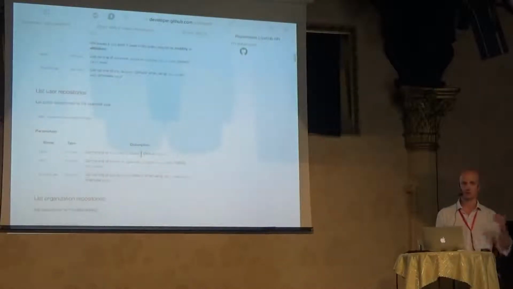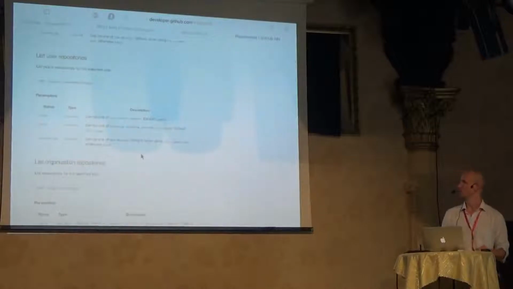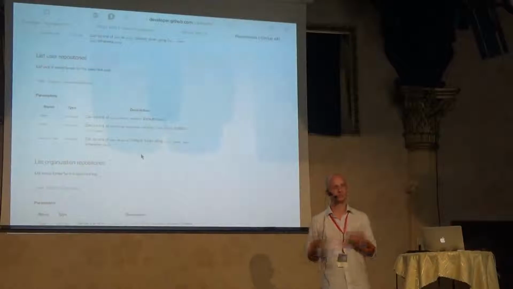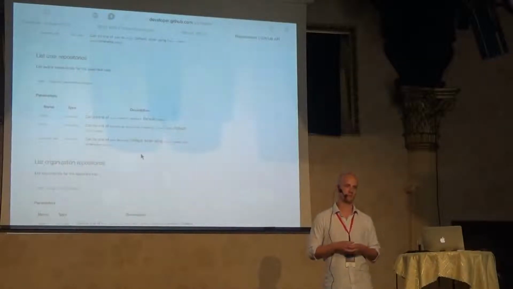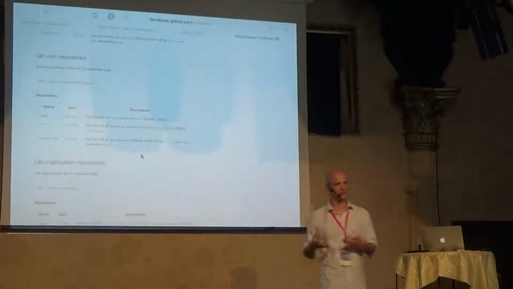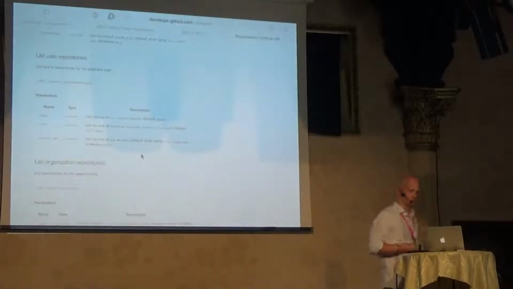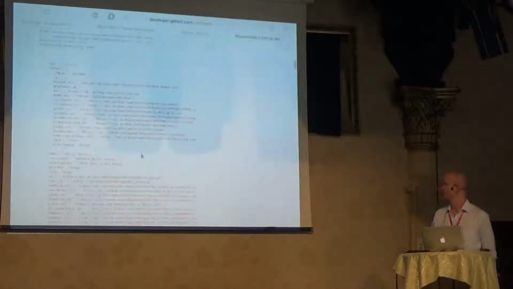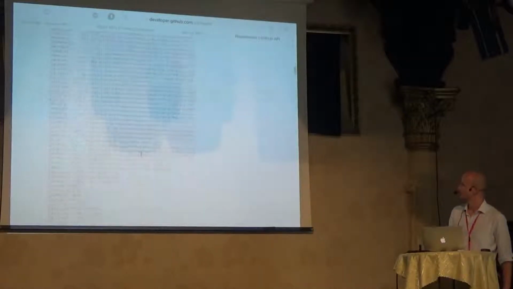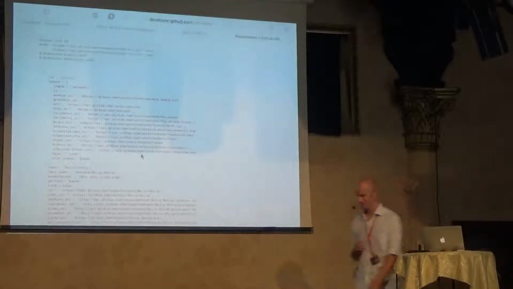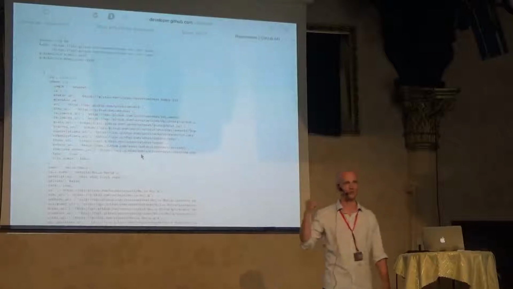I can list the user repos. I can list organization repos. This is great, except you still do not know what the repo is. Did anybody tell you somewhere what the repo is, what the data are there? No. Well, you can list it. That's cool. So how do I find what the repo is? Oh, look at that. That's a JSON. This is what repo is.